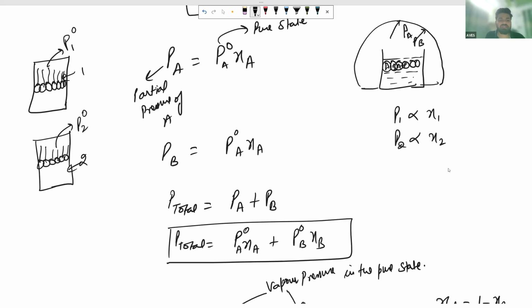And when they are in this container, the same size container we are having here,